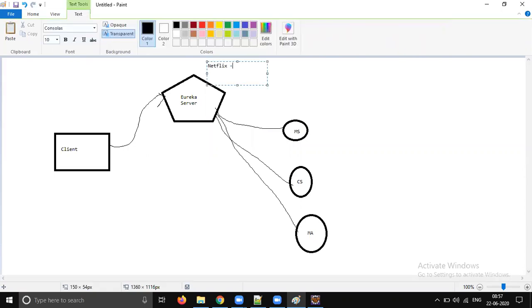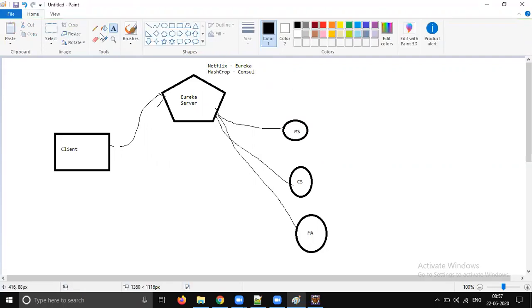Netflix Eureka and HashiCorp Consul are both the same concept. HashiCorp Consul is from HashiCorp, and it's not fully open source, so that's why we are going with Eureka.